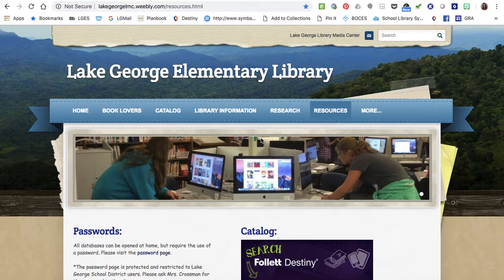You how easy it is to borrow a book and read it in your browser using the Sora app. In order to access the Sora app, you need to first start at the Lake George Elementary Library website. You're going to do that by typing in